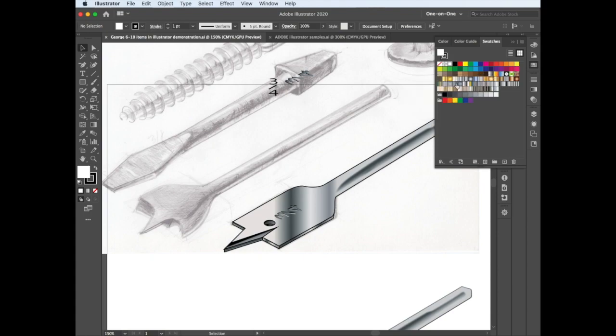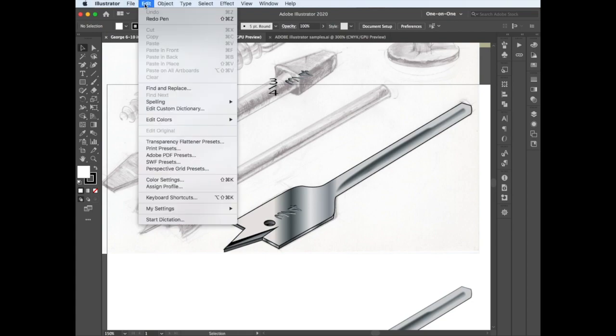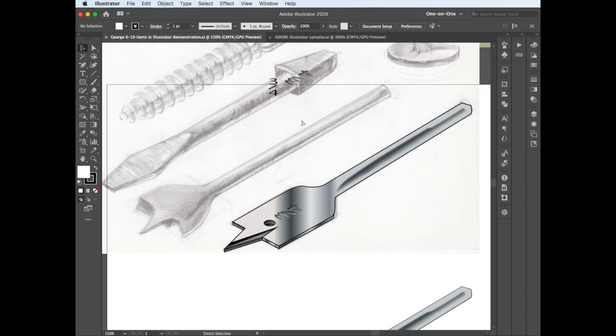Okay, so just kind of showing you all these fills have all the gradients ready to create, which are the gradients for metal. And let's see if I can. So here just starting with 1 point and starting to build the line with the pen tool, keeping it straight